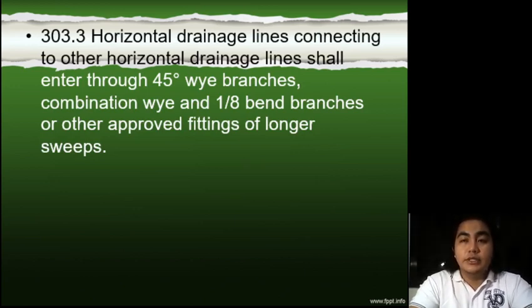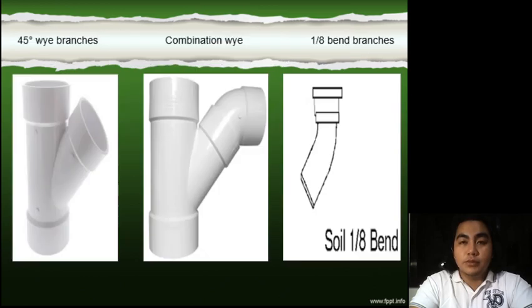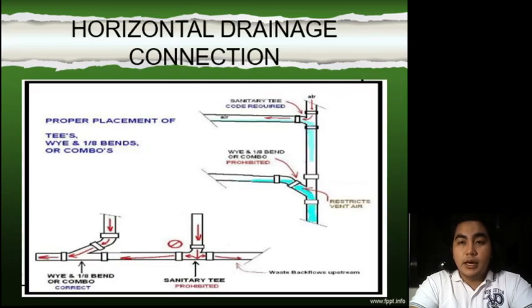303.3, horizontal drainage lines connecting to other horizontal drainage lines shall enter through 45-degree wye branches and combination wye and 1/8 bend branches or other approved fittings of longer sweeps. The image shown are the 45-degree wye branch, combination wye, and the 1/8 bend branches. This is the horizontal drainage connection. You can see the Y bend connection at the bottommost of the left corner,